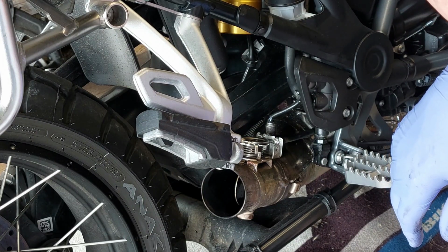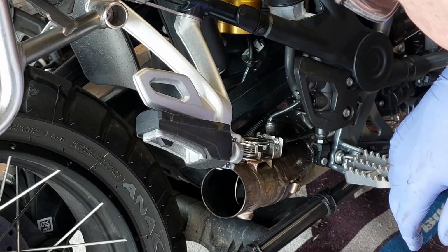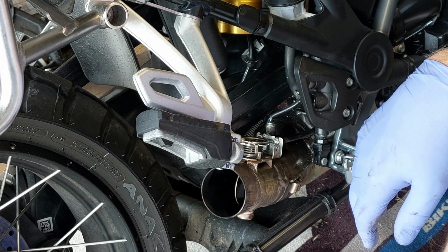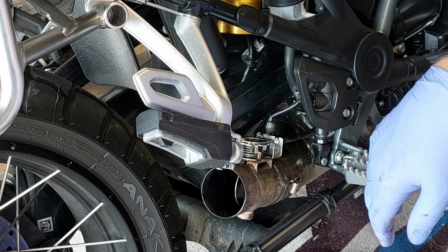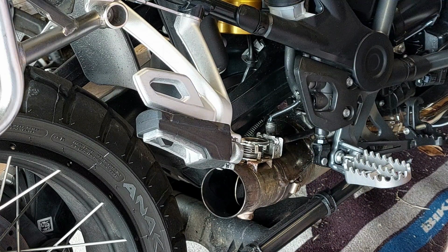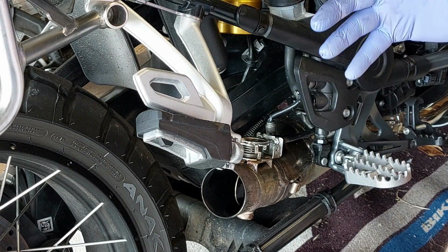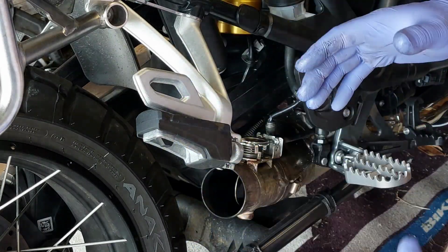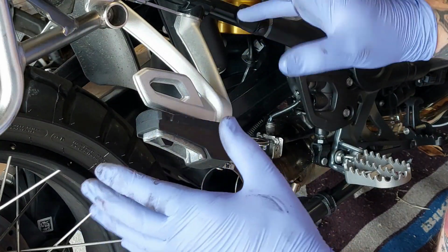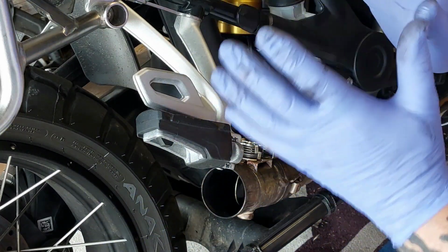So I will have a little clean up of everything and then we will put it back together. Not the outcome I wanted, but hey, all I can do is try. I haven't got the money to give it to BMW to fix. I wish I had. Hello, Mr. BMW, here's thousands of pounds. Could you fix this little problem for me? Thank you. No,